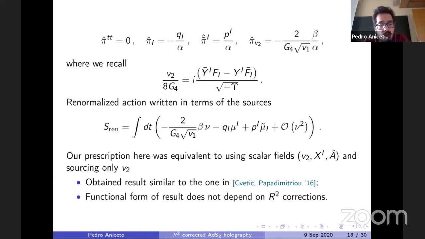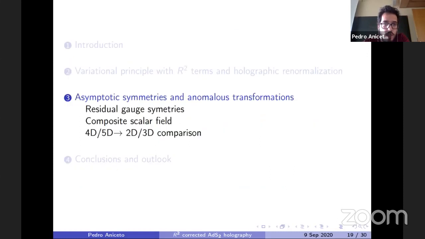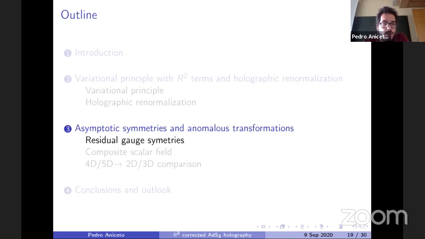So having defined our renormalized theory, assuming these sources, we will proceed with discussing how these different operators transform. And in particular, we will be analyzing the scalar operator, since it's the one that I had mentioned before was the one inducing the non-triviality of the theory. For that, I will need to discuss the asymptotic symmetries of the theory. I'll start by discussing